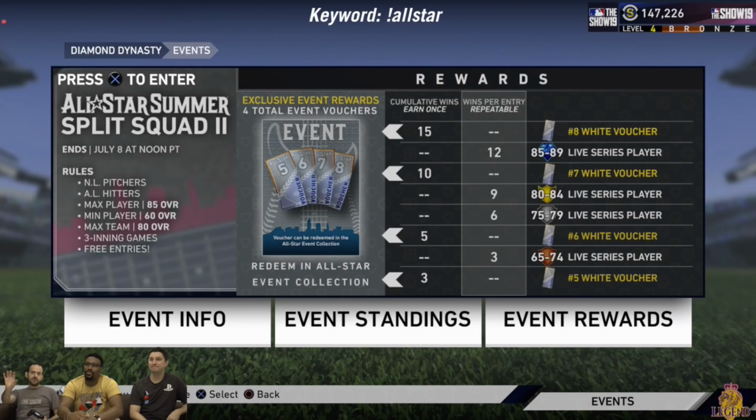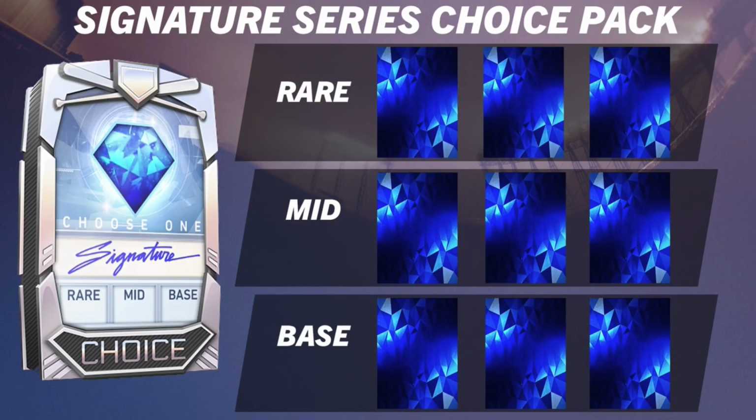Real quick, the next event will also be dropping tomorrow for Split Squad 2, and if you get the next 2 vouchers, which is 5 more wins, if you got the 15 for the Split Squad 1 event, you will be able to get that Travis Hafner card, which does not look bad at all. So he'll be available. But this is the biggest thing that was announced today, and that is a signature series